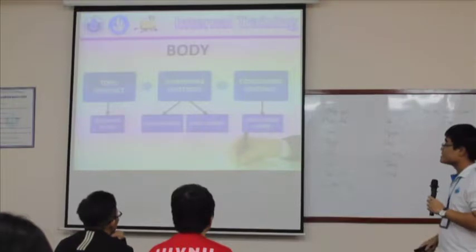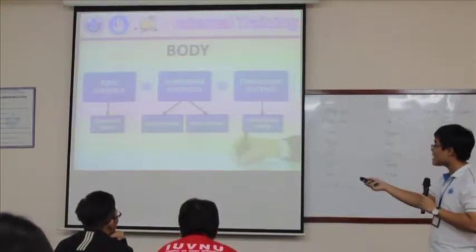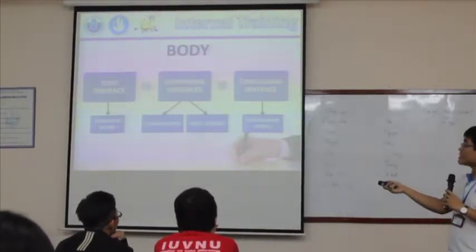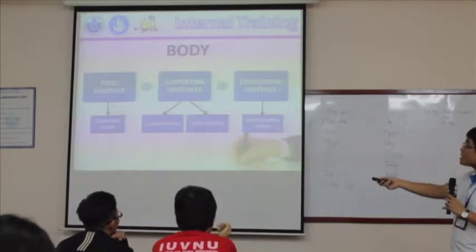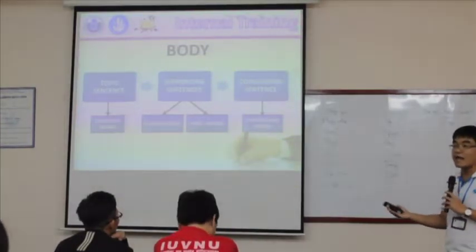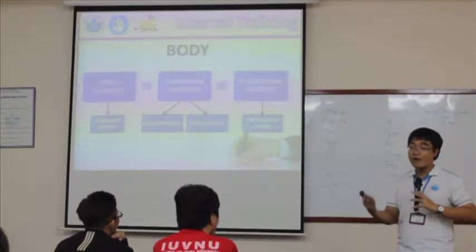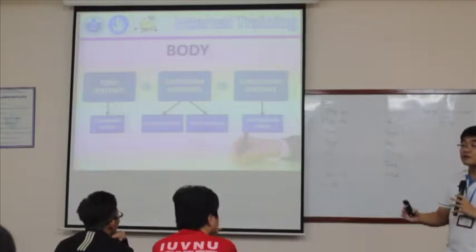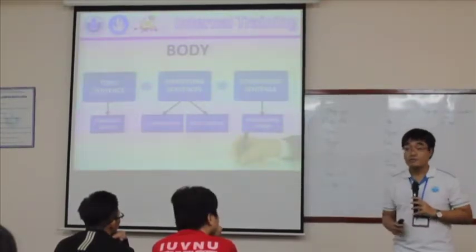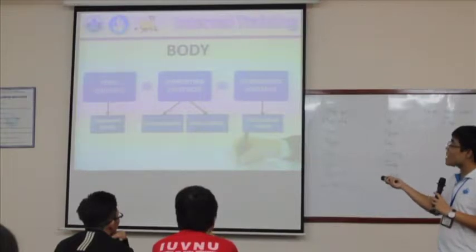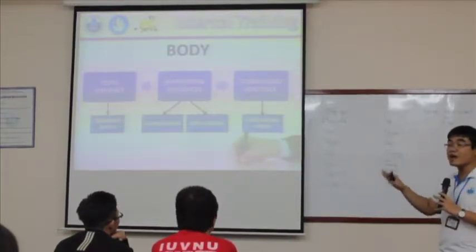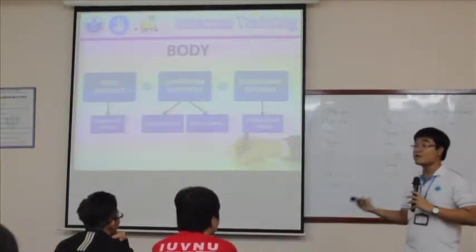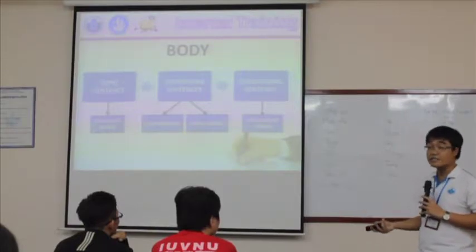And for the supporting sentences, you have two types, the clarification and the information adding words or phrases. If you already have a main idea, you can use the clarification words such as, for example, for instance, to illustrate or to be more specific, so that your main idea can be clearer to the readers. And if you want to move from one supporting idea to another supporting idea, you can use the information adding words, like furthermore, moreover, in addition, or additionally.